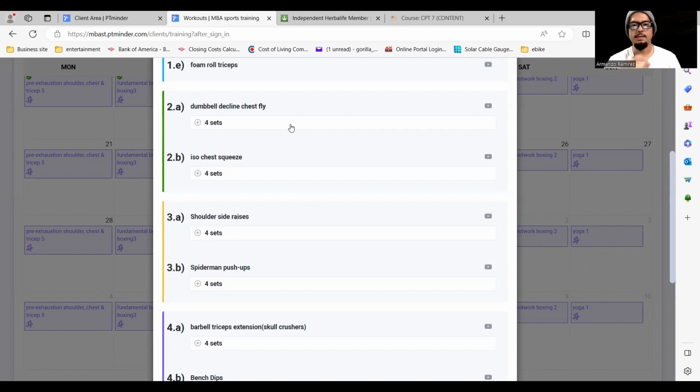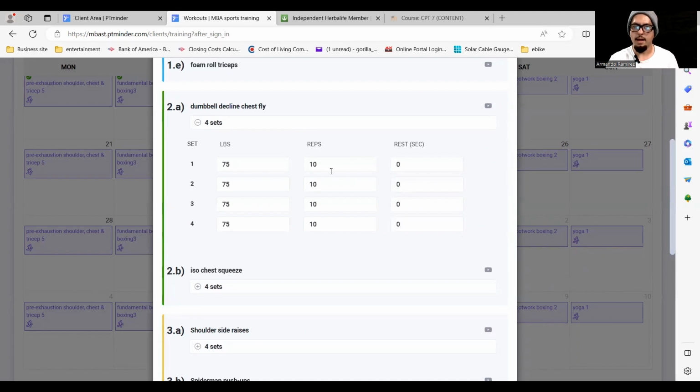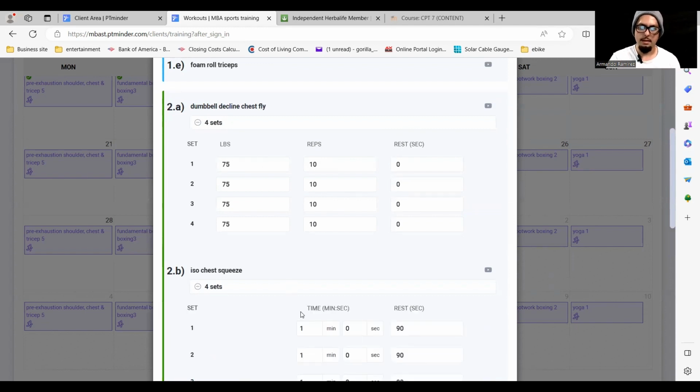So here you'll see 2A and 2B. The first strategy for myself here is to come at this with a strength training aspect where I'm completing 10 reps of this particular move. Let's say the 75-pound recommendation. As you'll see, rest period, there is 0 because you'll immediately complete the first set and then you'll have to dive into the second move, B, and you'll have to follow up with an isometric chest squeeze,